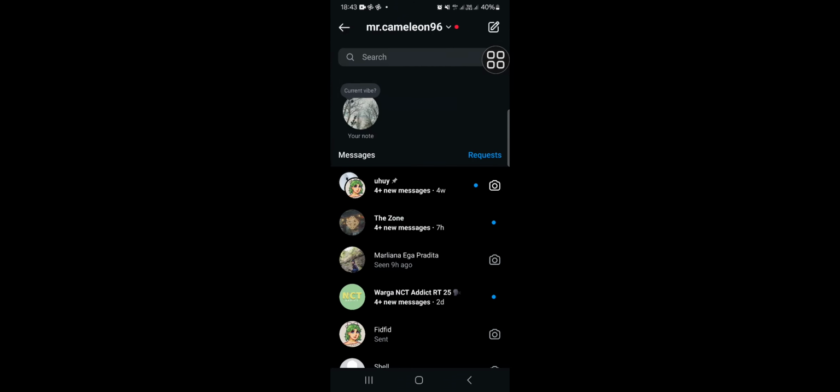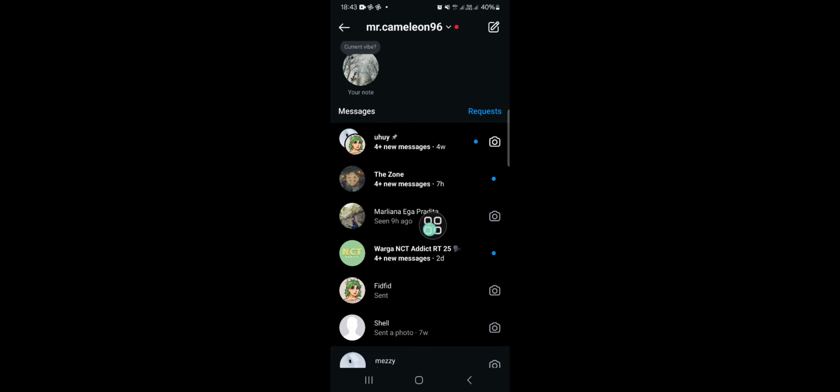I have opened my Instagram application, and first of all we need to go to our Instagram direct messages. We can click on this icon to open the Instagram DM, and here you can select your chat room on Instagram. For example, I'm just going to select this personal chat, and I'm going to search for a message